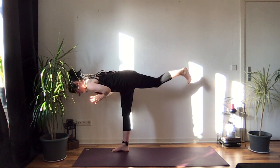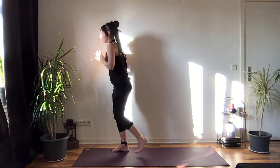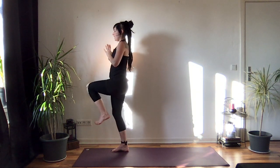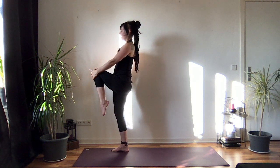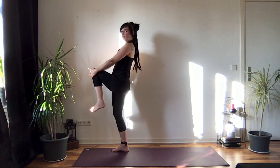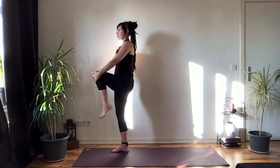Inhale. Exhale. Slowly beginning to stand. Inhale, draw the knee up towards the torso. Hug the arms or hands around the knee. Give the ankle a little rotation to the left, to the right, and then making your way into tree pose